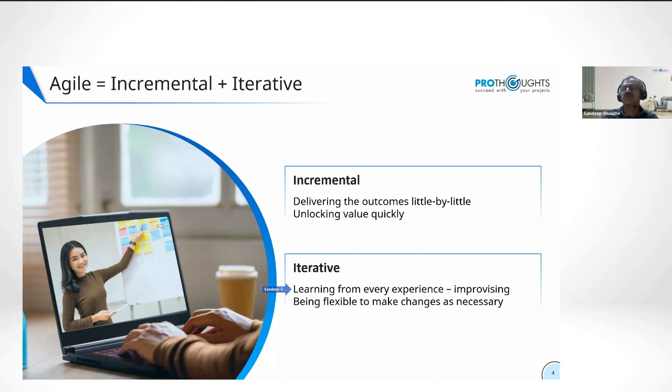Is there any question, comment, thought from anyone? Please put in the Q&A. Keep doing that. You don't have to wait till the end, the bitter end. But in a nutshell, that is what agility is. It doesn't have to be software, it doesn't have to be IT, it doesn't have to be anything. If you are thinking in this way, then you are already agile. Very good.